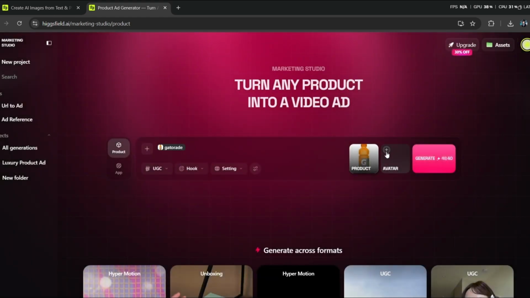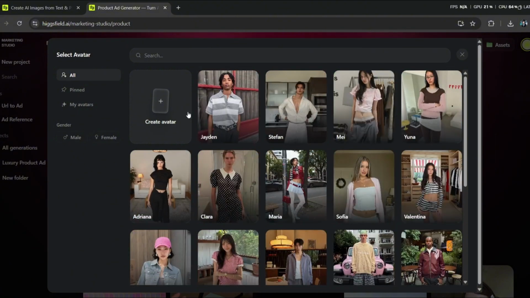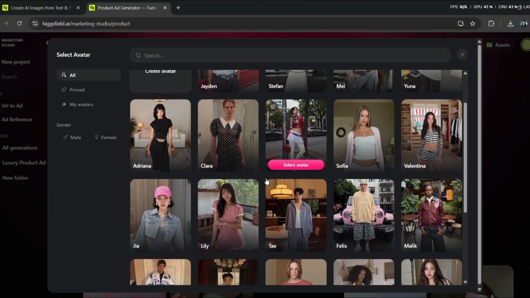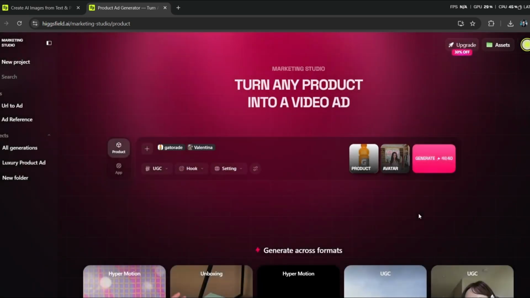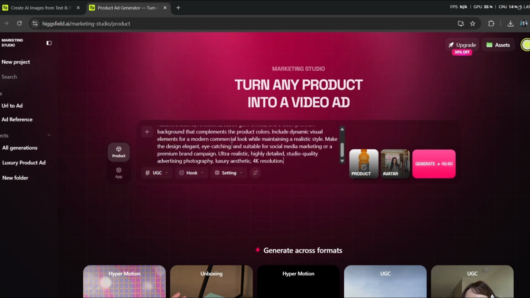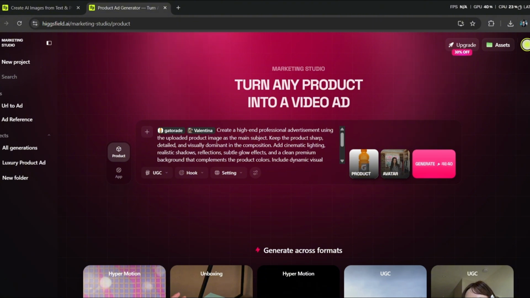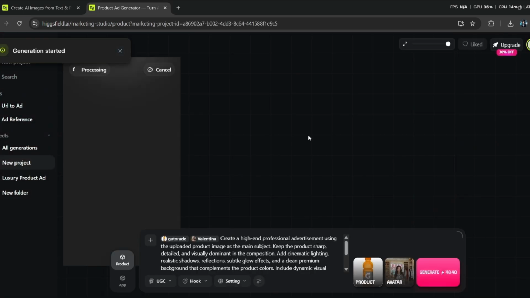You can then choose an avatar like this. You can see that there are lots and lots of models here to choose from. You can as well create your own by uploading the image we generated earlier, but for this, I'm going to be going with Valentina right here. So just select the avatar and head over to your prompt box. I have this prompt right here, which I can just paste in. It's basically telling the AI to create a UGC ad for us. All you have to do is click on Generate right here, and our ad is currently being generated, as you can see on screen. Just give it a couple of minutes while it generates our video for us,